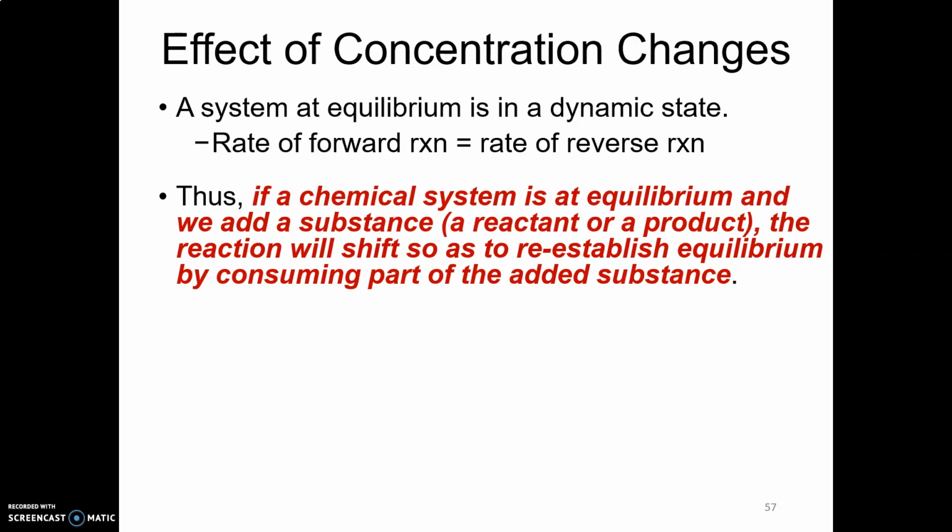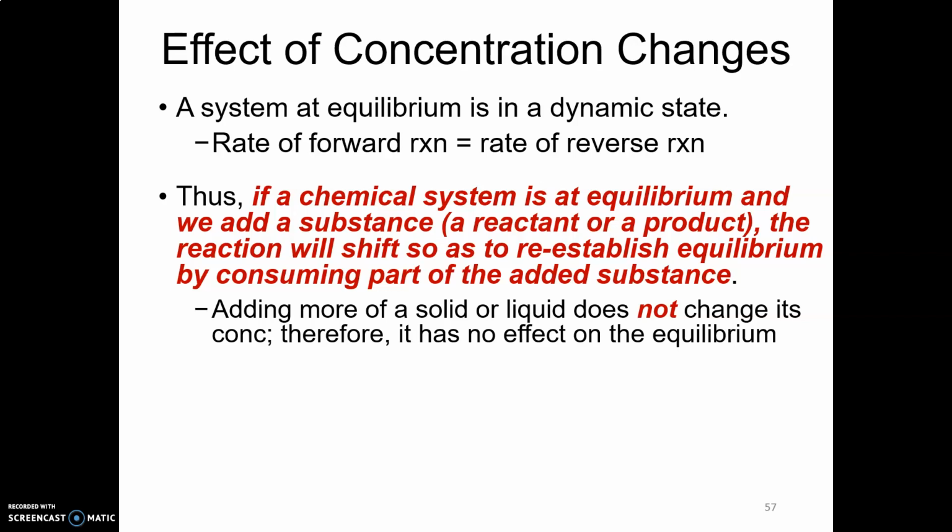So if you add a reactant, it's going to shift towards the products. It's going to shift to the right. If you add a product, it's going to shift away. It's going to shift towards the reactant, which means it's going to shift towards the left, because it is counteracting what you're doing. However, remember, we're only talking about the things that would be included in an equilibrium constant expression,